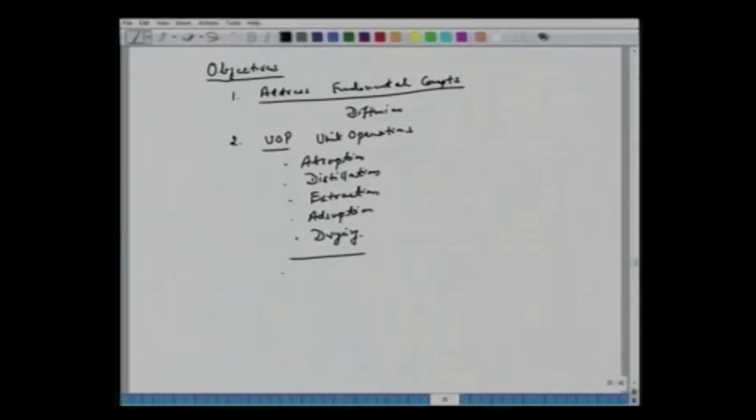so of course we will begin with diffusion, and then you will see that you may have come across parameters like mass transfer coefficient. So we will have certain theories here which will tell us how to calculate these quantities like mass transfer coefficients here. Alright, so before we begin to take these topics here, absorption, distillation or different unit operations, let's try to understand